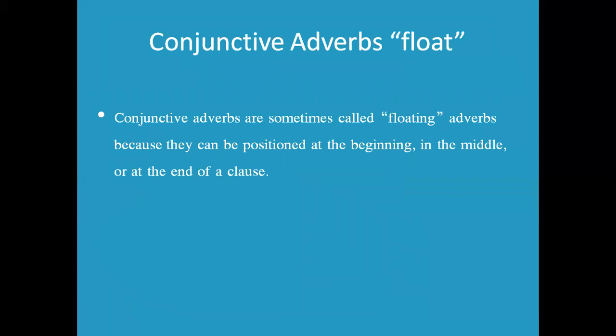About conjunctive adverbs: they are sometimes called floating adverbs. The reason is they can be positioned at the beginning, in the middle, or at the end of a clause. That's why we can call them